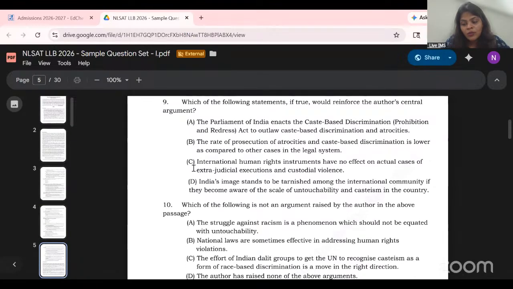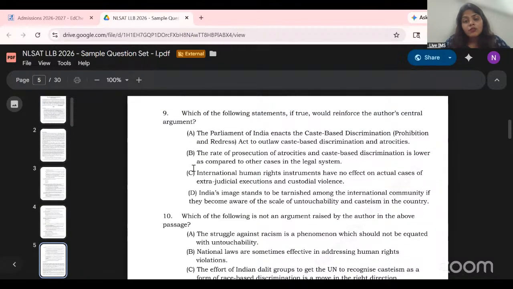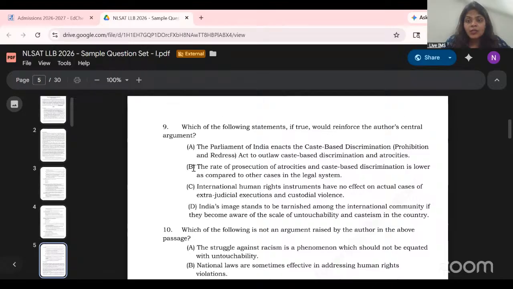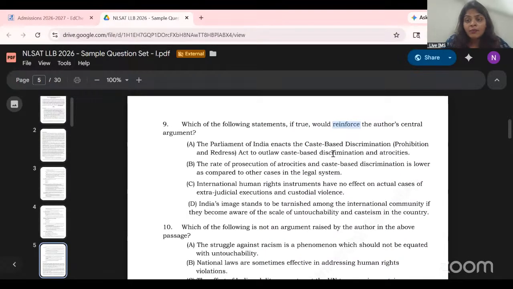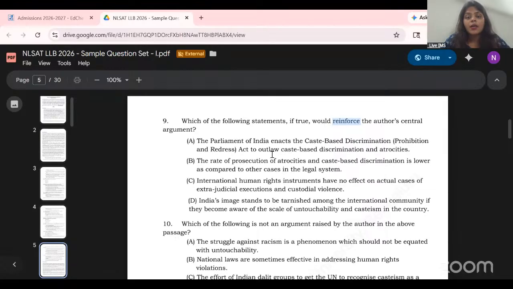Now, moving to the next question: which of the following statements, if true, would reinforce the author's central argument? If this statement is true, it would reinforce the author's central argument. Make sure that you are emphasizing these words, understanding whether it is talking about strengthening the argument or weakening the argument, and accordingly selecting your answers. So, let us